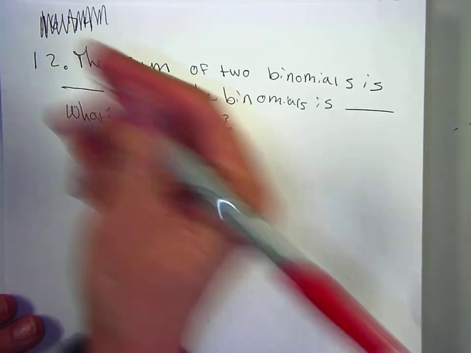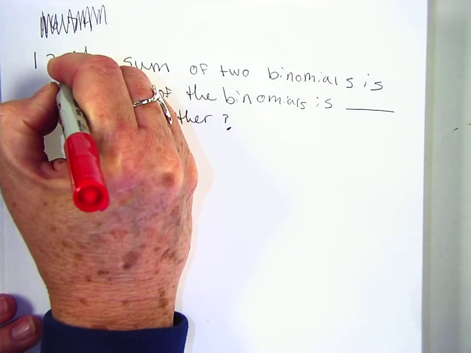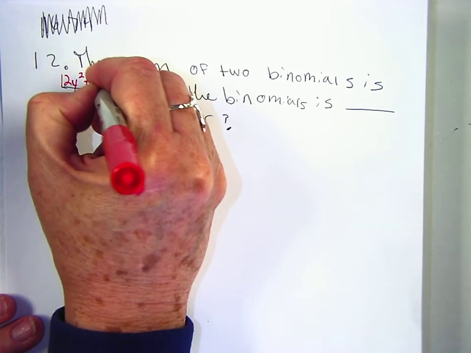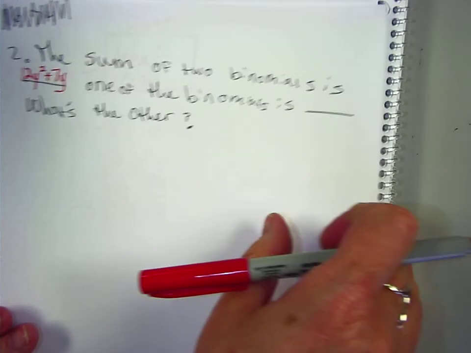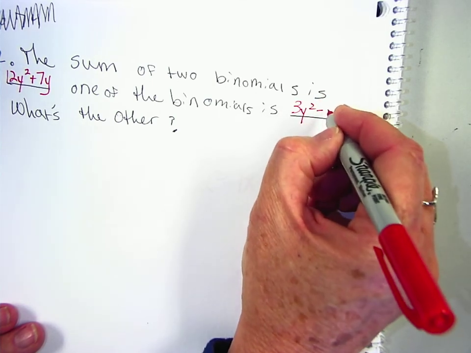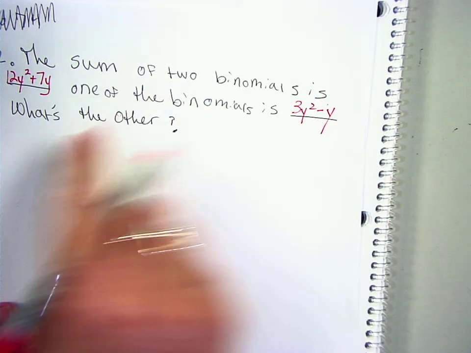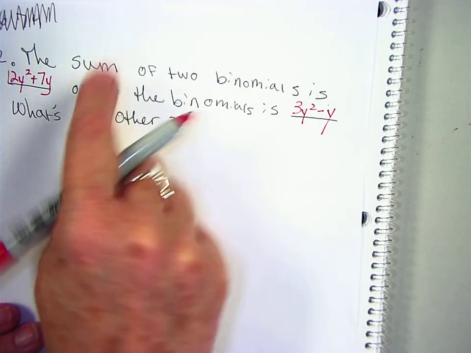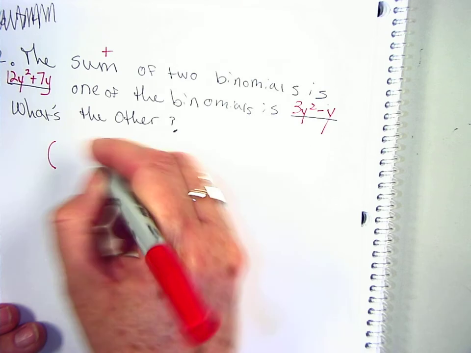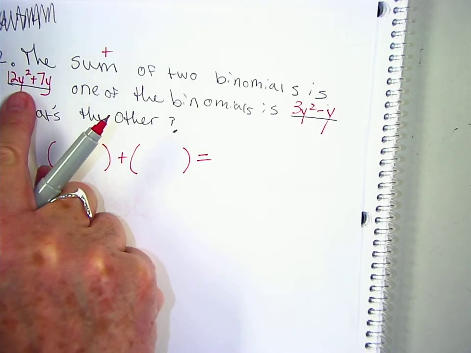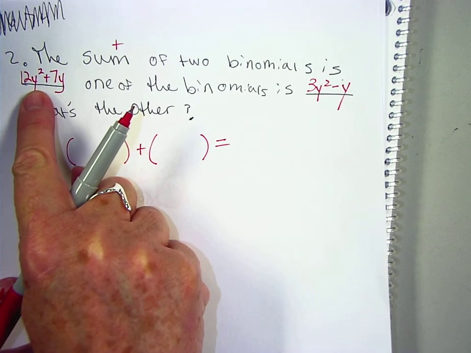The sum of two binomials is 12y squared plus 7y. One of the binomials is 3y squared minus y. What's the other? So the sum of two binomials is this. Sum means addition. So we're going to add two binomials, and their sum is going to be this right here. 12y squared plus